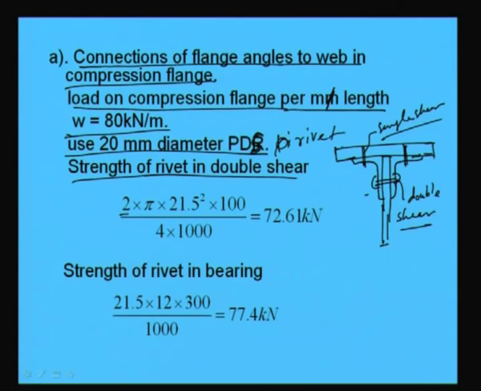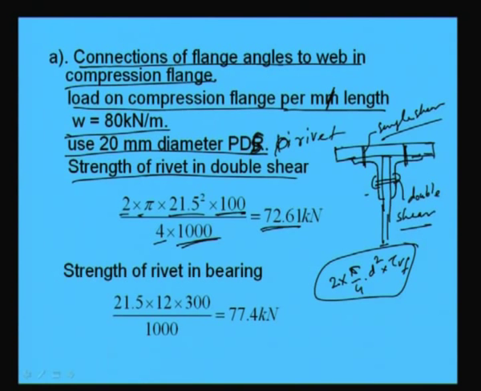So, strength of rivet in double shear will become 2 into pi by 4 into d square into tau vf, right. So, 2 into pi by 4 into d square, d means 20 mm diameter we have taken. So, gross diameter will become 21.5 into 100, that is tau vf, by 1000 to make it kilonewton. So, the strength of rivet in double shear is becoming 72.61 kilonewton,